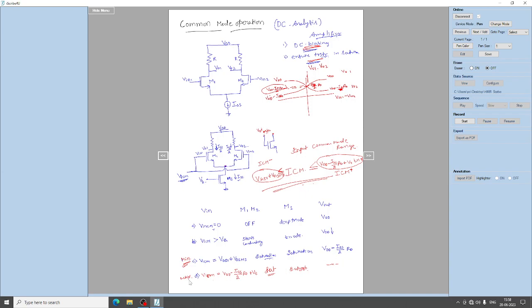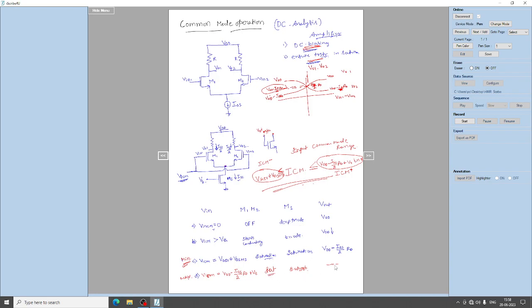And the maximum value you can give for the gate voltage is VDD minus ISS by 2 into RD plus the threshold voltage VT, greater than this VDS. So the VD voltage is VDD minus ISS by 2 into RD plus VT. This is the maximum value you can give, to ensure that M1 and M2 are in saturation region